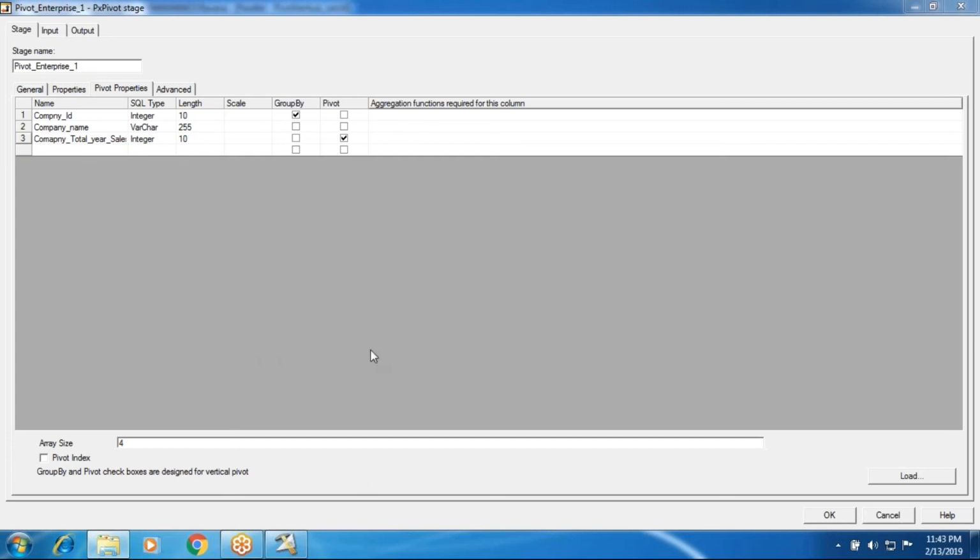We'll stop here, and in the next session I'll show you the aggregation functions, and next we will go through other concepts of the topic which we need to discuss with the transformer. The transformer we'll take from basic level, and after getting hands on we'll go into scenarios. Some things we are able to do with the transformer also. As I said, converting horizontal pivoting, we'll do that in the transformer also. Okay, so this is the pivoting concept, and thanks for your time and thanks for watching this video.